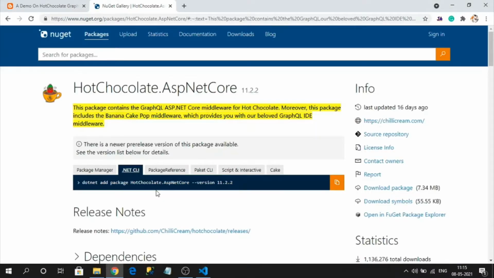This is the library, Hot Chocolate ASP.NET Core. Visual Studio users, copy the command from the package manager. I am going to copy the command from the .NET CLI. Let's install it.